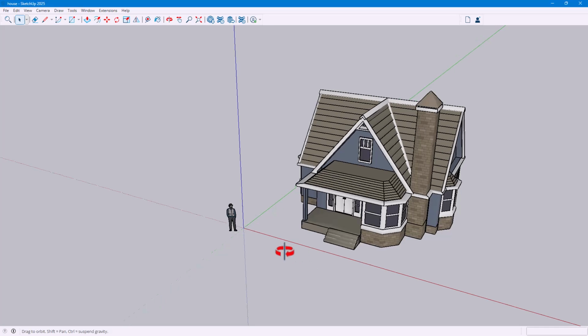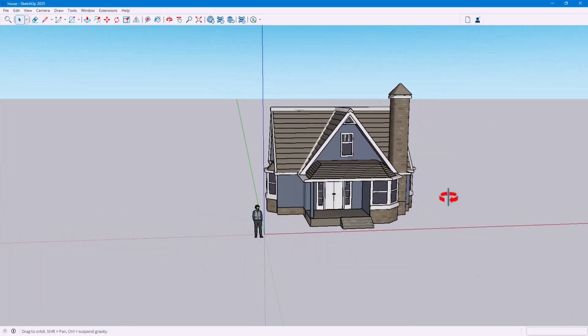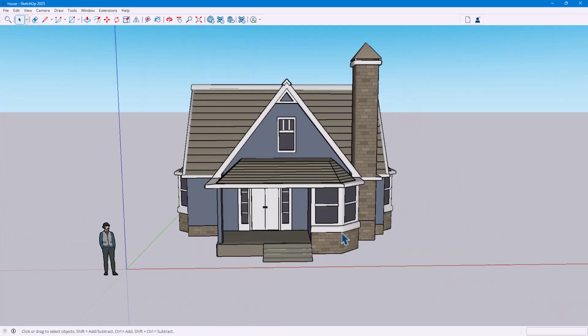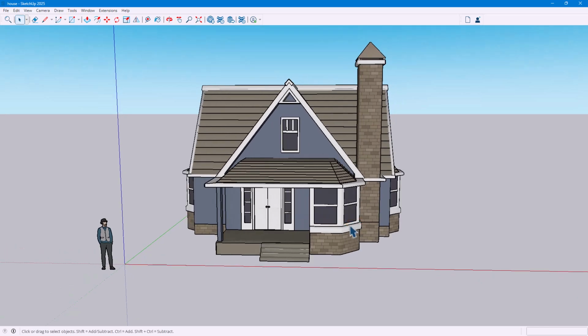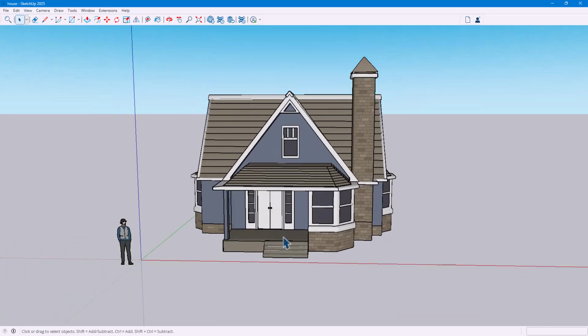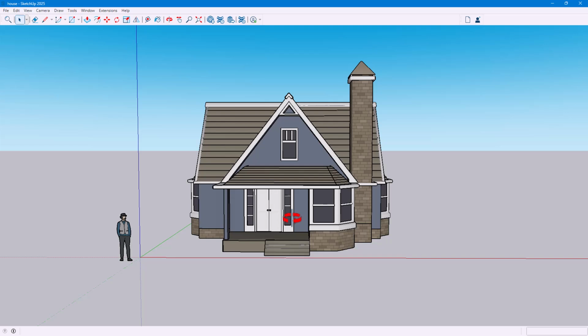So over here you can see that I have this house model right here, and if I were to go around, you can see that the background is quite plain and not interesting to look at. But if you want to make it interesting, you can add in an